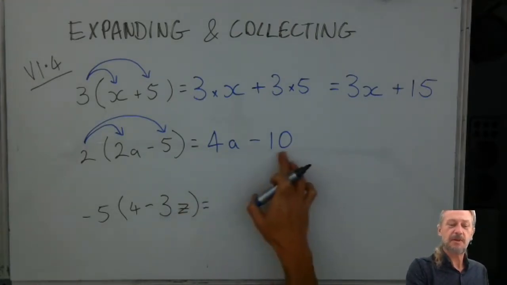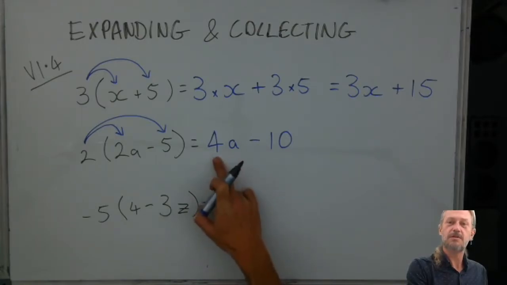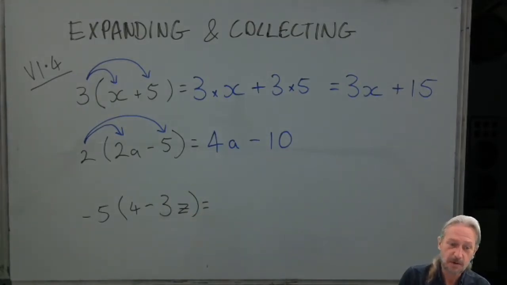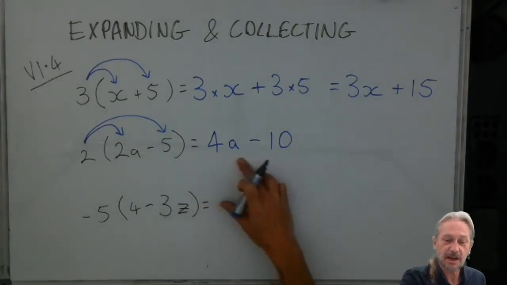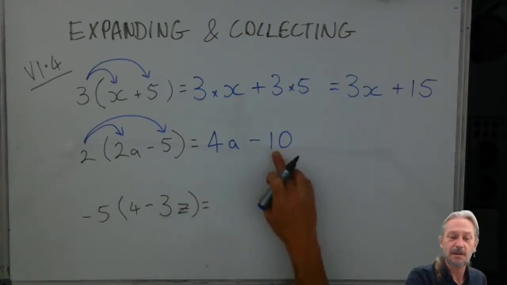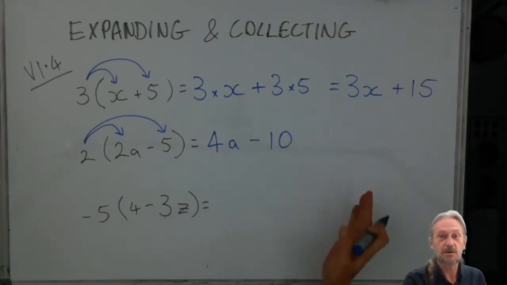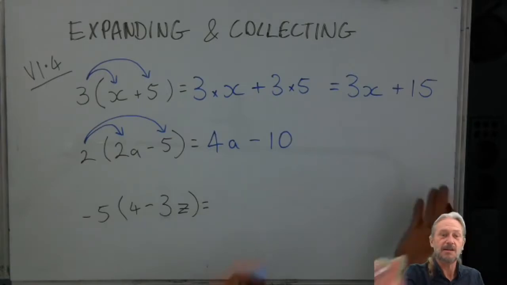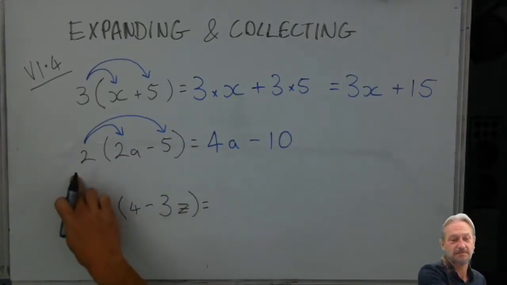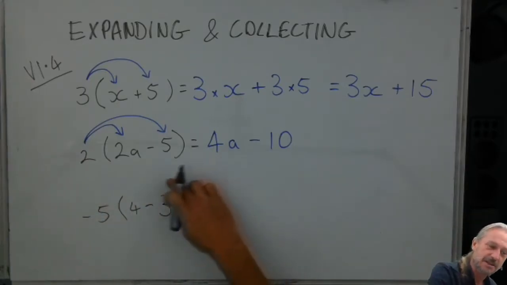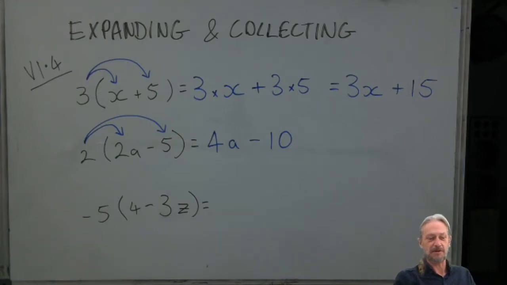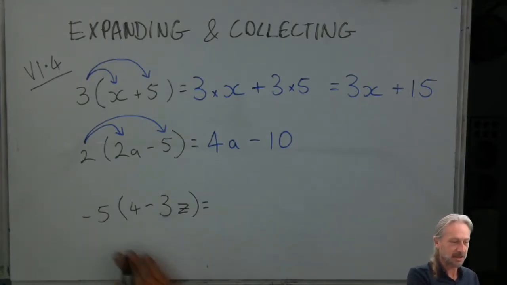Because these numbers are both even, we could what they call factorize. It's not in our textbook, but it is essentially starting with this and realizing this is 2 times something and this is 2 times something, so we could create the brackets and take that factor of 2 out, and we'd end up with this again. So factorizing is going that way, expanding is getting rid of the brackets. Okay, so this last one,